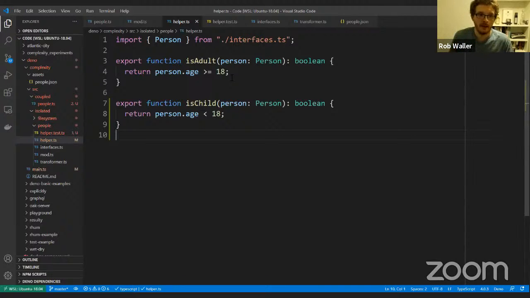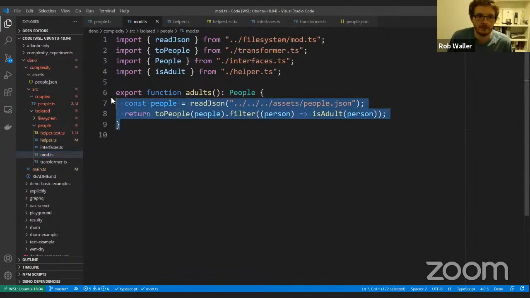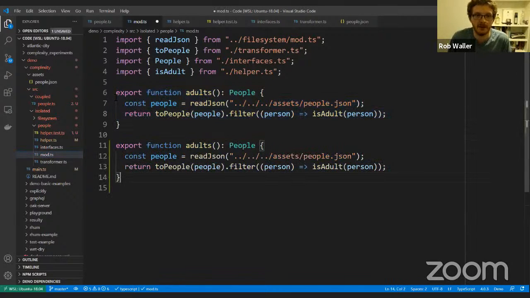Okay? And then once we've done this, we've created this separation, it becomes much easier to compose new code. And this isn't perfectly composable code with, you know, higher level functions, but the principle becomes quite clear. You can quite easily copy this, and we can write some code. We can create a children method. We can again go get our people. We can transform our people, and then we can do something like this is charm, right? And we'll just import that. And suddenly we now have our children code.